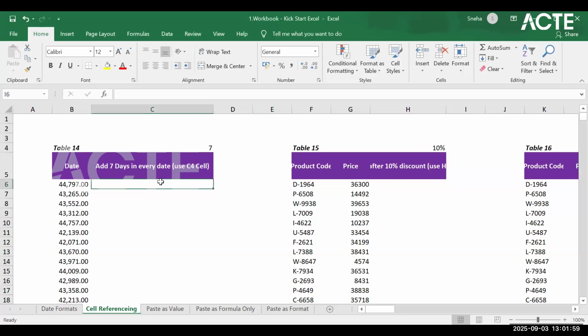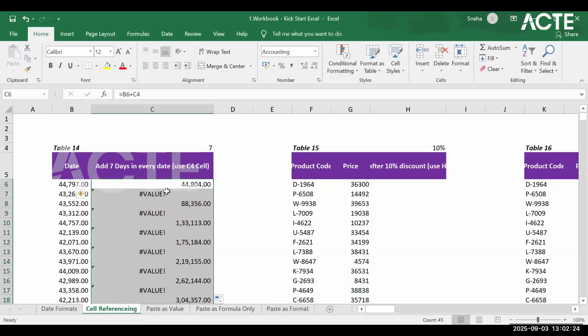So here, we need to add 7 days to this date. So what is it going to be? If I click on this plus 7, here we have 7, so you can add 7 to this. Okay, so if I add 7, and here the cursor layout changes, and if you click on this,